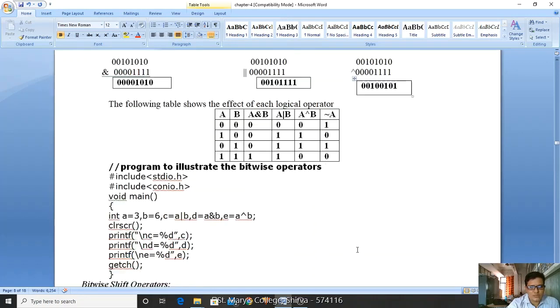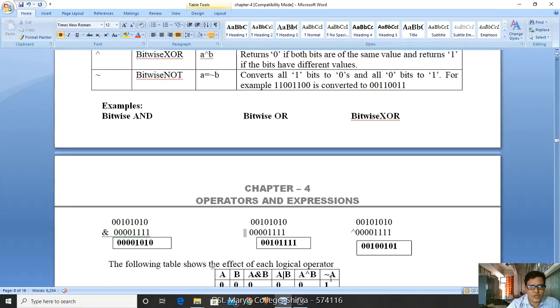Now let us see the bitwise AND operation between two numbers. As we know how to take binary numbers and process them, let us take a sample example for understanding. I'm taking two different values.